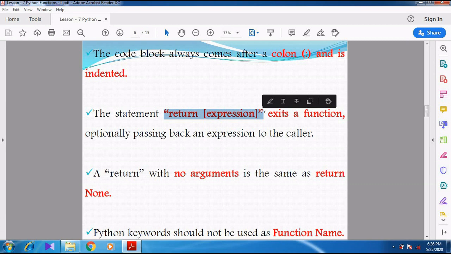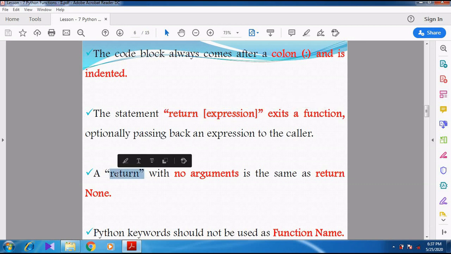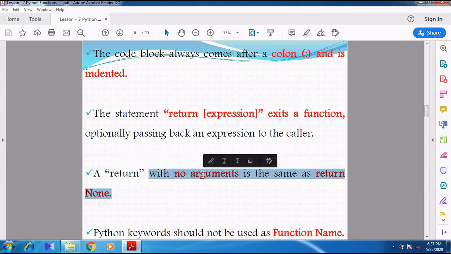At the same time, the return statement is optional. If you need, you can pass the value to the function call. Otherwise, you can give just the return statement alone without any expression, without any value. It is just like return None. So nothing is returned to the calling function.